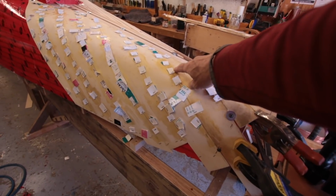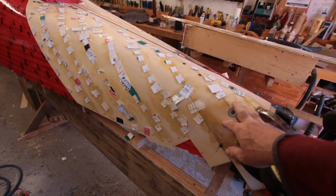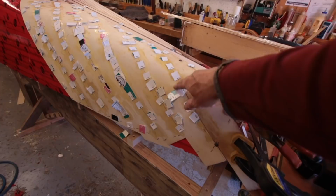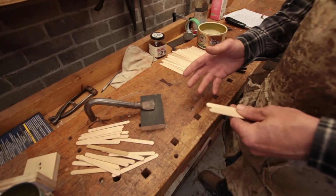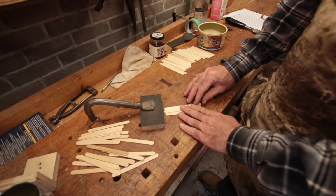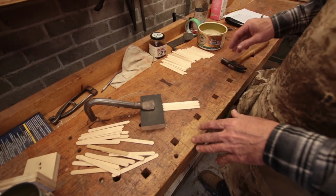I spent way too much time trying to fill in the gaps here with epoxy because they were sort of halfway covered up with my little doodaddies at first, and then I started pulling them off, gooping them up, and then restapling them. So I've got to find a better way to deal with that. I'm trying to find the best way of bridging my staples when I'm stapling my planks down. One of the ways I've come across that seems to work pretty good is just using these